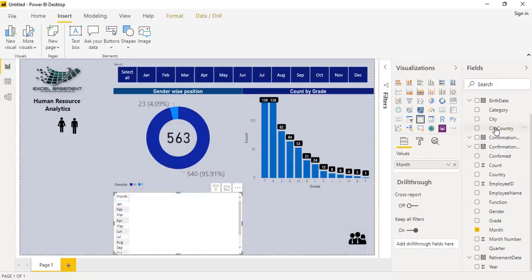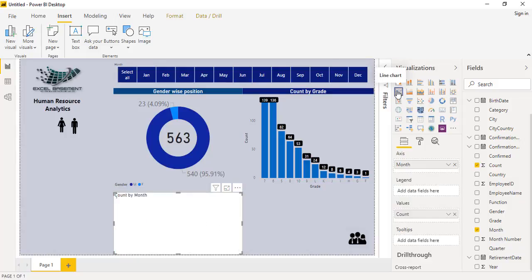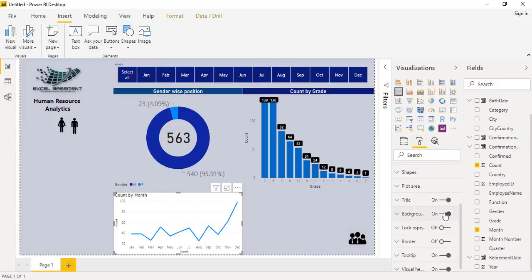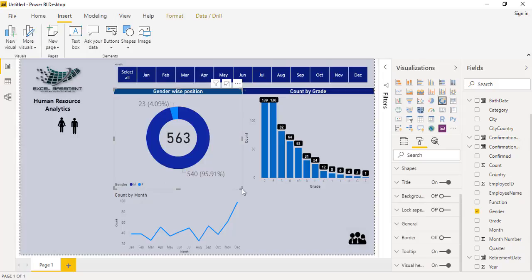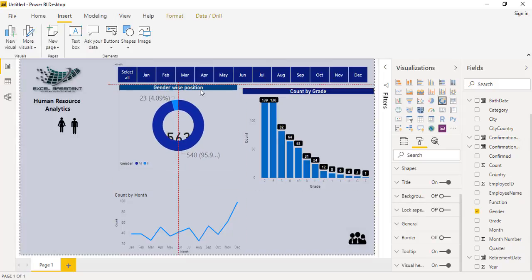and then the count, and then I will convert this particular object into a line chart. So I will click on line chart, and I will set this object's background color to none or off, right? And I need to adjust these objects as well so that all the other things can come